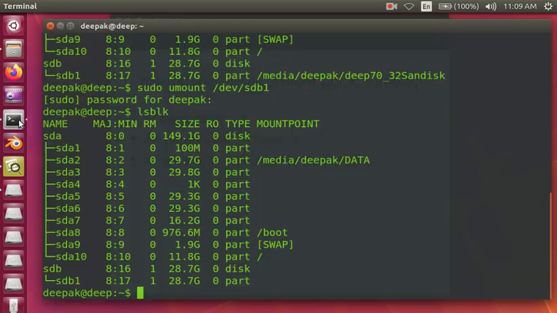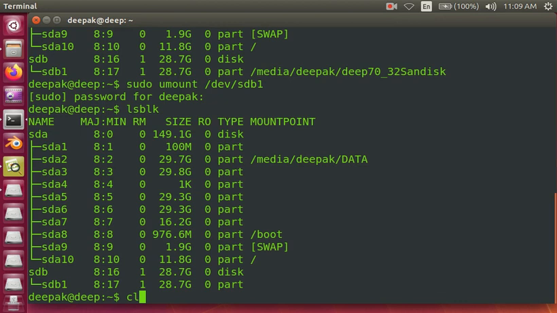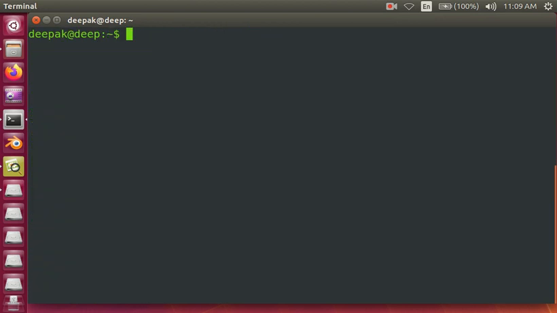So already I have unmounted it. Let me mount it again.